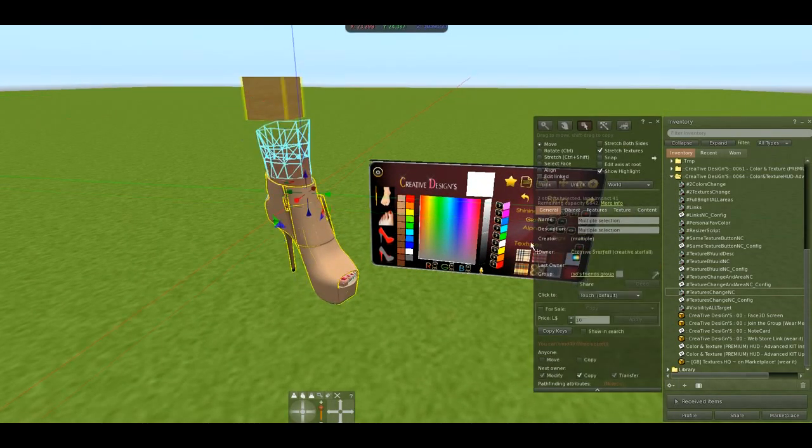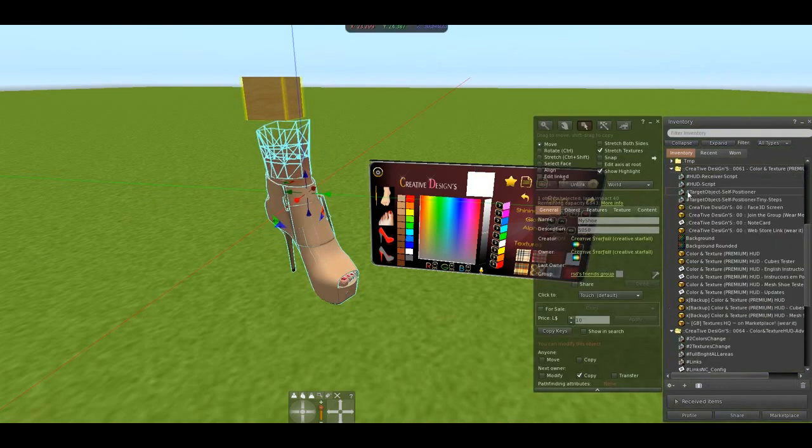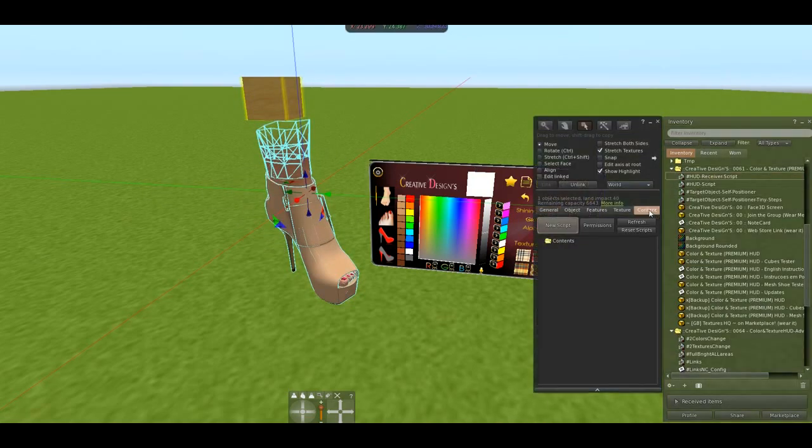Now I'm going to link it to the shoe. Okay, I'm going to give the channel number on the description, 5050, and the object is going to be called my shoe. This is my shoe. Okay, I'm going to set it only copy, and now I'm going to drag my HUD receiver script